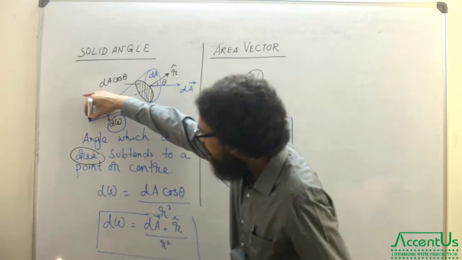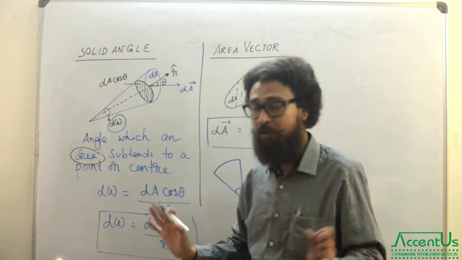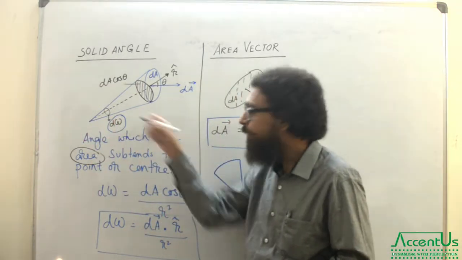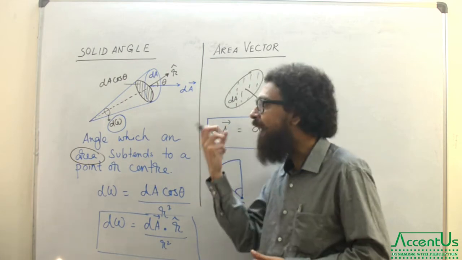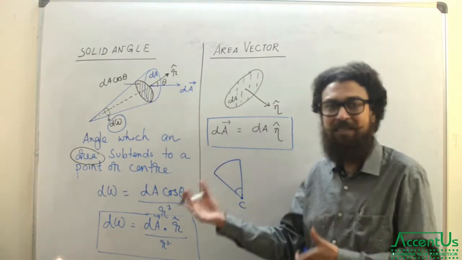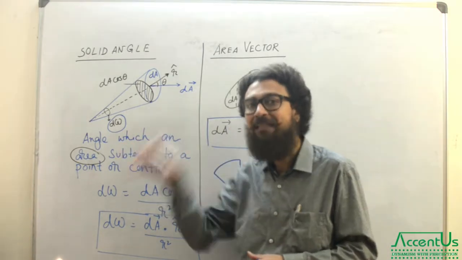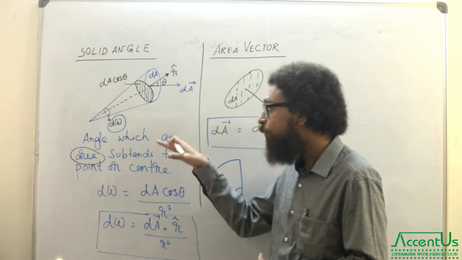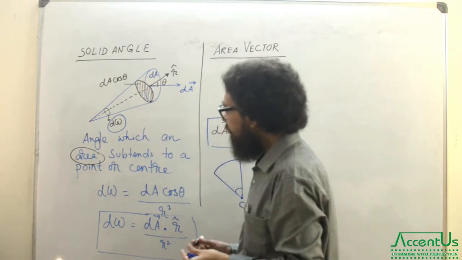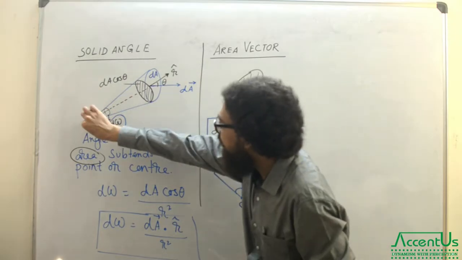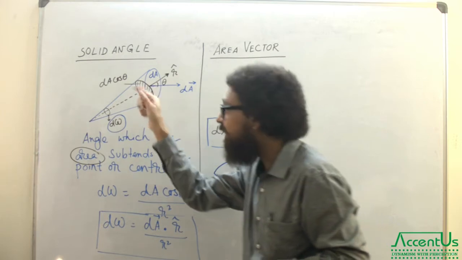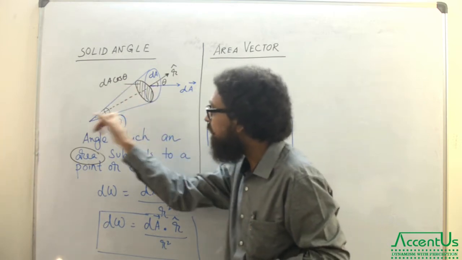Like here, this is not the center of this kind of figure, of course, but at this point we can see that d omega, which is called the elementary solid angle, is how we represent omega, like we represent angle by theta, beta and all of those things. Omega is practically the expression for the solid angle which an area is subtending. Now this area dA is not actually subtending any angle at the center. Why? Because it is not symmetric. These two lines are not symmetric with respect to this point.